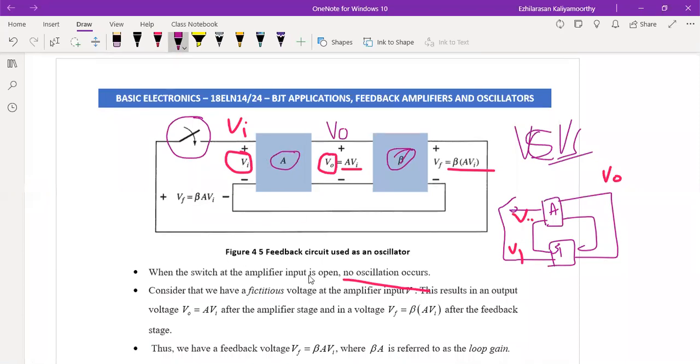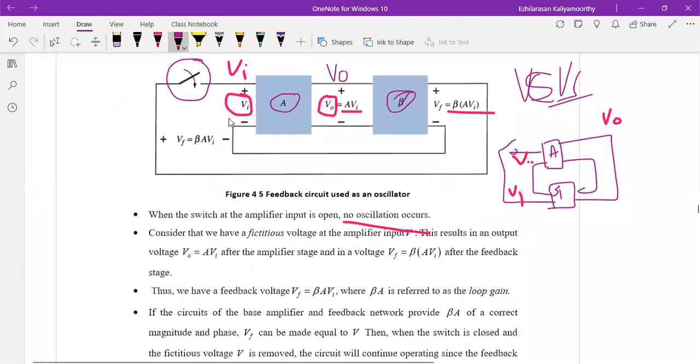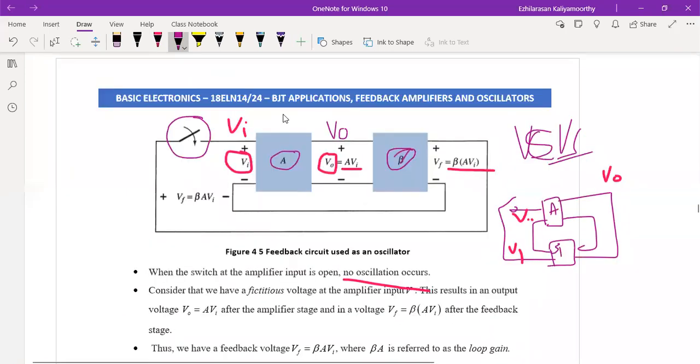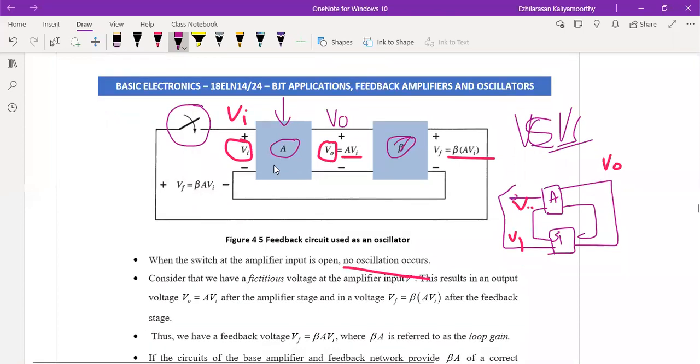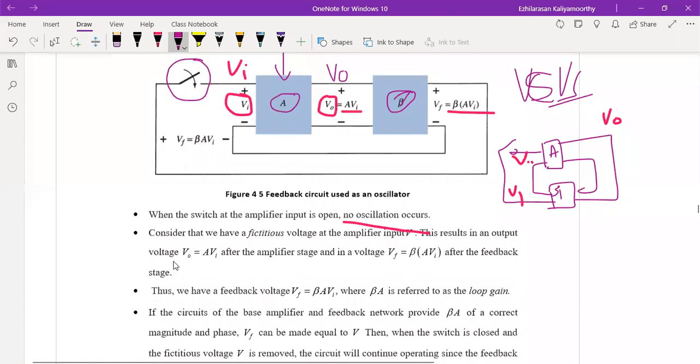But now let us consider that some fixed voltage will be there in the input. That will result as V naught VA. You may think, even though the switch is open, how will I get the output? But the thing is, normally the amplifier will produce some noise actually. At the same time, we are connecting the DC power also. Here it's not shown. So now based on this, we'll get the amplifier stage output. This is the feedback stage. So this is the amplifier stage output, and this will be the feedback stage output.